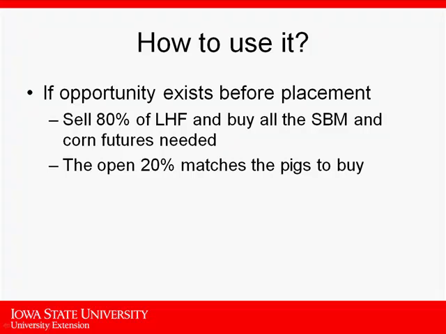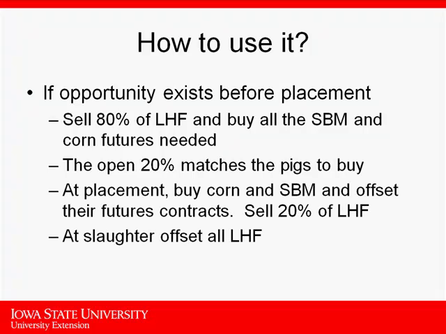Yeah, there's a spot market for pigs out there that doesn't behave exactly like that. But in general, that pig market's tied fairly closely to what that futures is. Maybe not lockstep. Maybe some of you are on formulas that are perfectly lockstep. But you leave part of that open. And then at placement time, I buy the cash corn, I buy the meal, I offset their futures position. I go ahead and cover the remaining 20% of the hogs because I just bought the pigs as well. Now I'm 100% hedged if that's what I wanted to do. And then I carry the hogs on to slaughter and lift all the hog futures. So that's how you would use it.